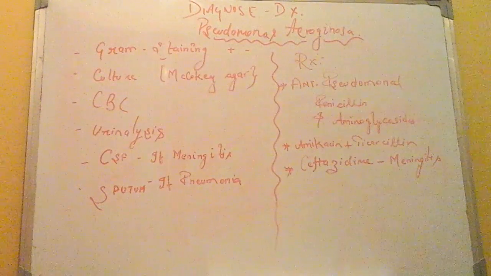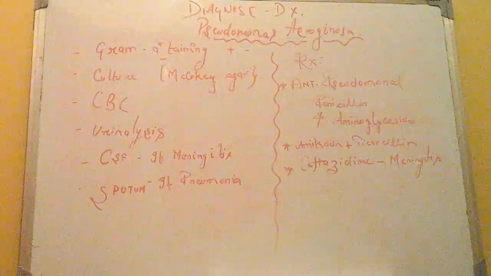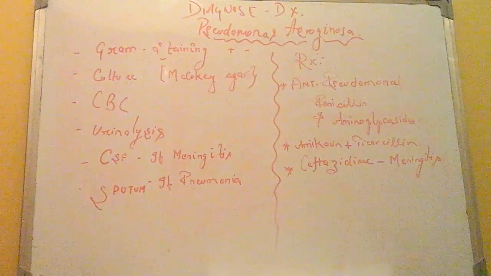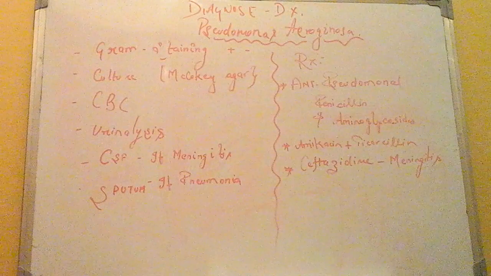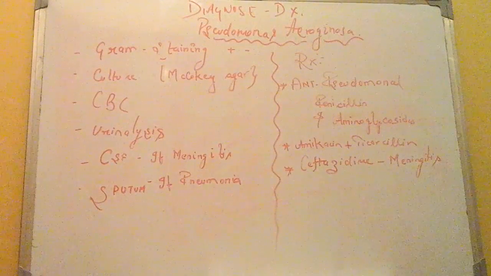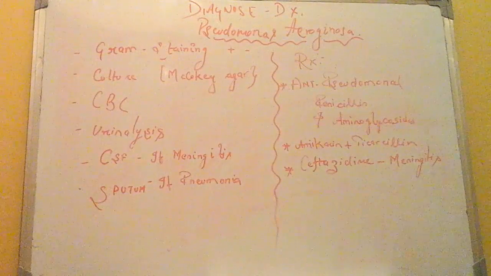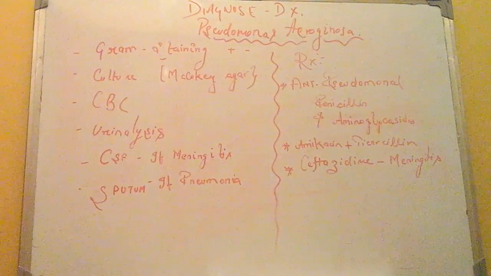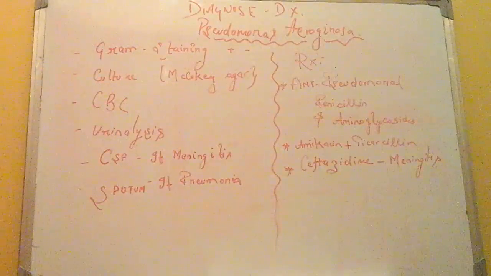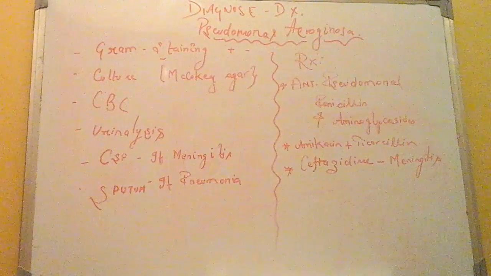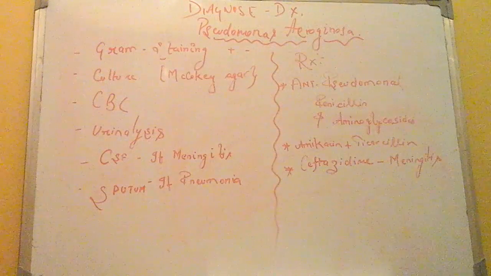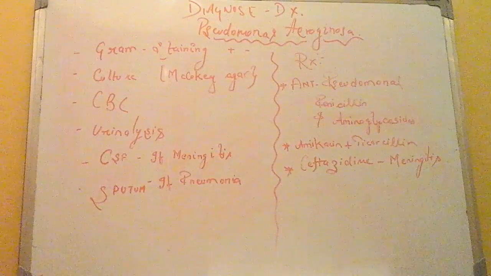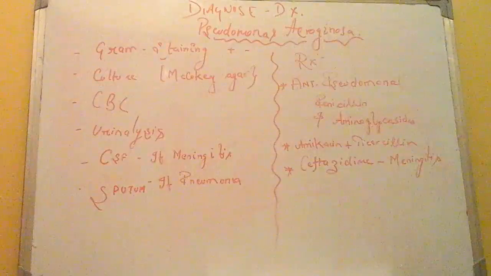So what we have to understand, this is the number one cause of nosocomial pneumonia, and it is also further infected through surgical wounds and bloodstream infection, as I told you, bacteremia. Immunocompromised patients like burns, cancer, and AIDS patients are the high risk groups. Then we'll go through the diagnosis. Diagnosis will be Gram staining, culture, CBC, urine analysis, CSF if meningitis, sputum if pneumonia, and the treatment is anti-pseudomonal